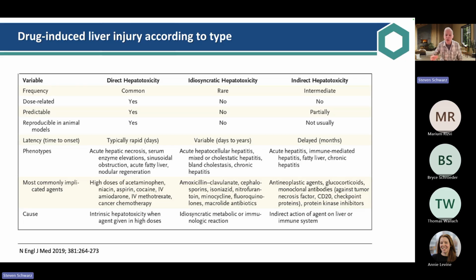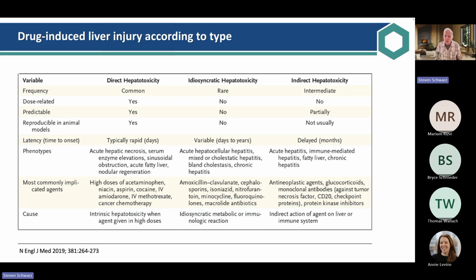Then we have the idiosyncratic drugs. These are commonly the antibiotics, and they cause an acute hepatocellular hepatitic picture. They may have a cholestatic component to them. Certainly in pediatrics, this tends to be rare. And then we have indirect